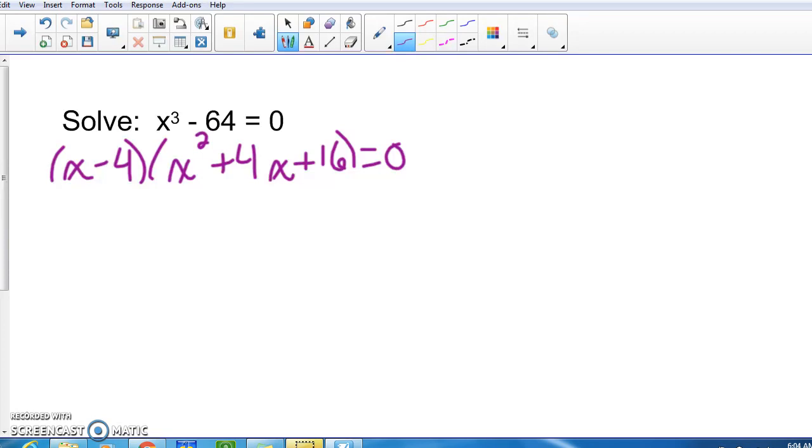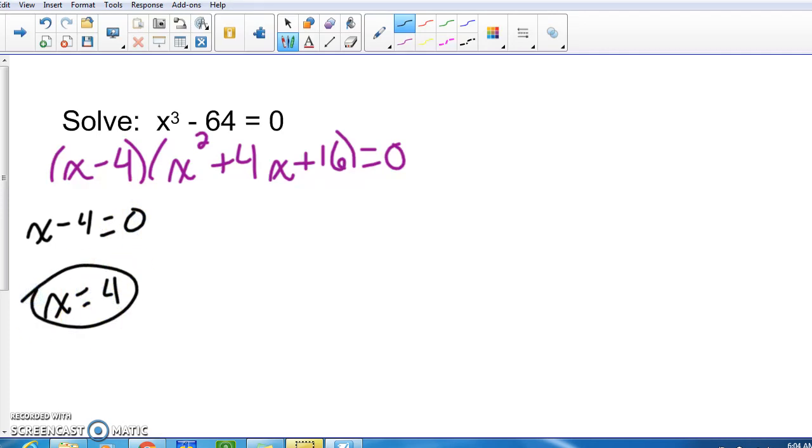The good news is the first one's linear, so it's a pretty easy solve. x minus 4 equals 0, add 4 to both sides. So this one is x equals 4. So there's one of my 3 solutions. Now, the problem with the other part, it's quadratic. Well, good news for us, sorry, it's a little messy, but good news for us is that we spent a great deal of time solving quadratics. We solved them by factoring, which we can't do anymore. We solved them by looking at the graphing calculator,